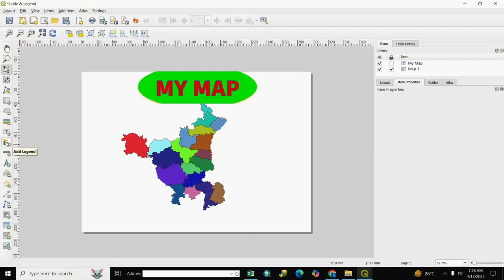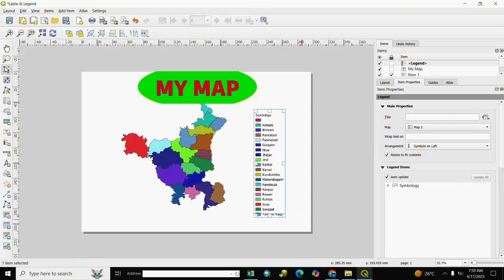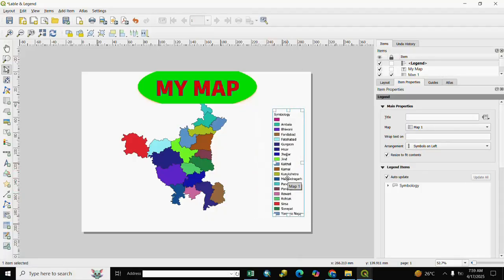Here is legend. We go to add legend and we draw the legend. We select from the first corner to the last and we draw it. Our legend is here and we adjust it as per requirement, up and down as per your requirement.